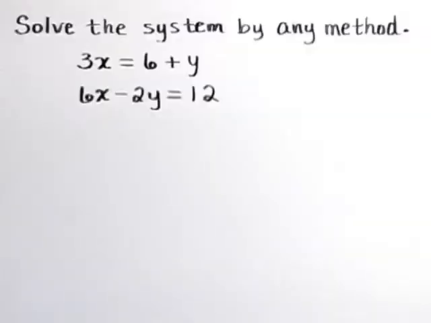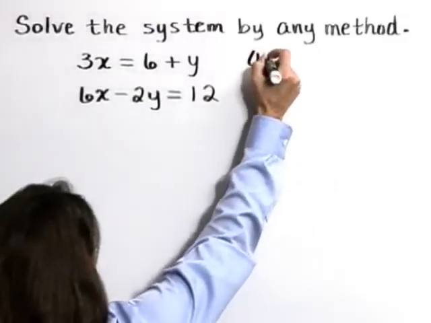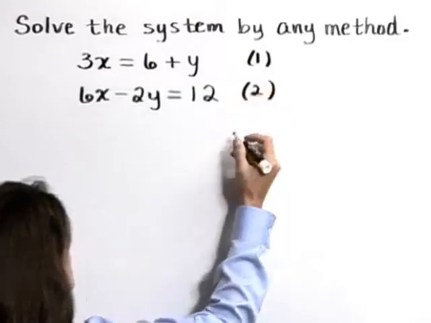Solve the system by any method. We have the equations 3x is equal to 6 plus y, and 6x minus 2y is equal to 12. I'm going to go ahead and identify these equations as equations 1 and 2, and I'm going to choose to